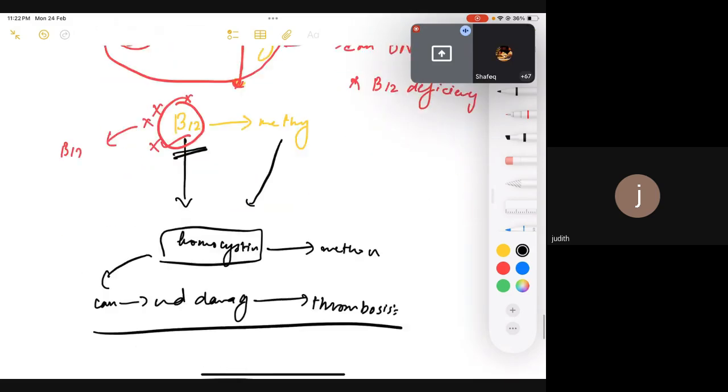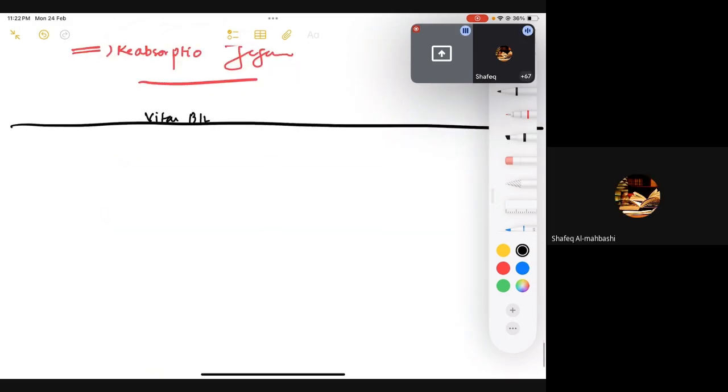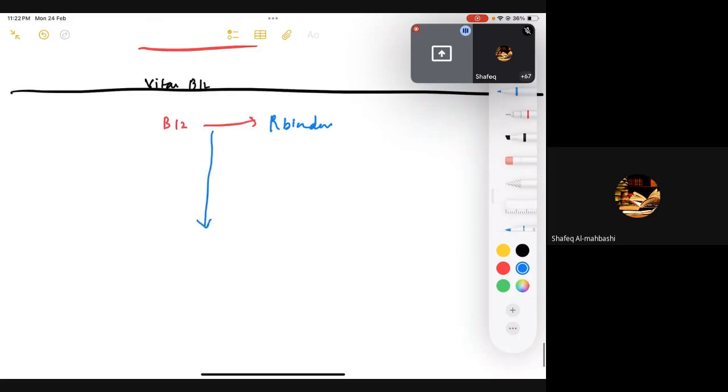So let's discuss how vitamin B12 gets absorbed. For example, if we take some food which contains animal derived protein, it contains a lot of vitamin B12. When we take vitamin B12 into our mouth, it is going to be attached to a certain binder, which is known as R binder. So B12 is going to attach to R binder in your mouth. Once it goes down into your stomach,